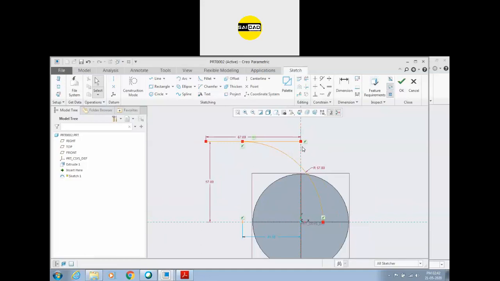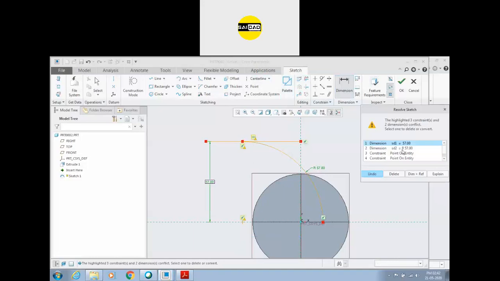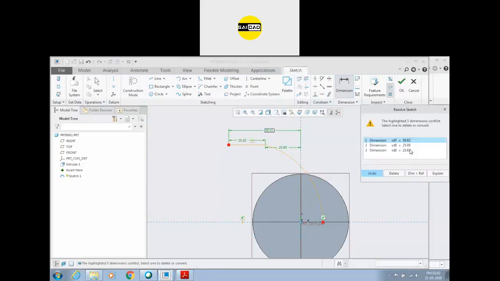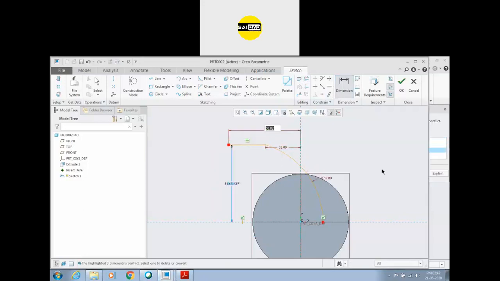Okay, so the distance from this point to this point is given. I don't need this. Okay, and do first trim out this one, define this 25, and define the overall value, that is, delete this one, that is 57 or 67.